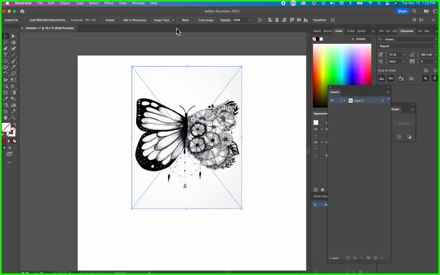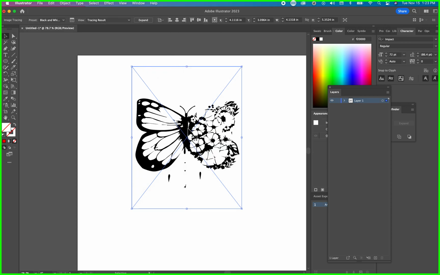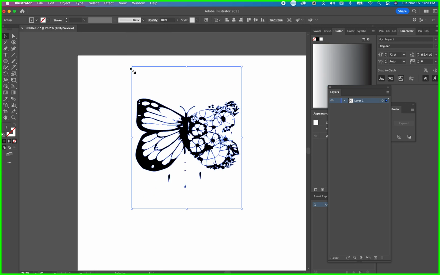Now look at the magic here. Someone calls me, needs a logo. Okay, no problem. Bam. Sketch it out. Now it's vectorized. So now the logo has been vectorized using the pen tool without actually doing the pen tool. So now you need to expand this. So I'm going to click expand. By expanding,